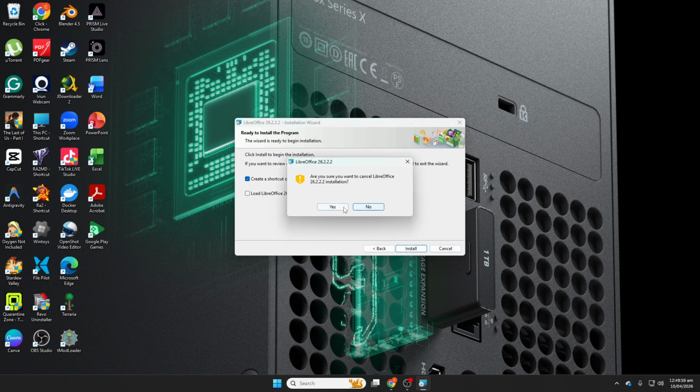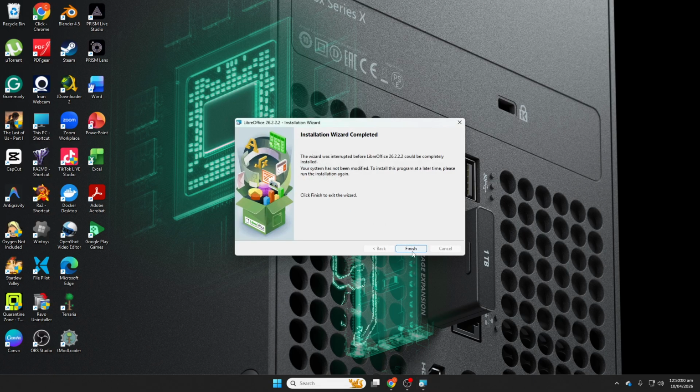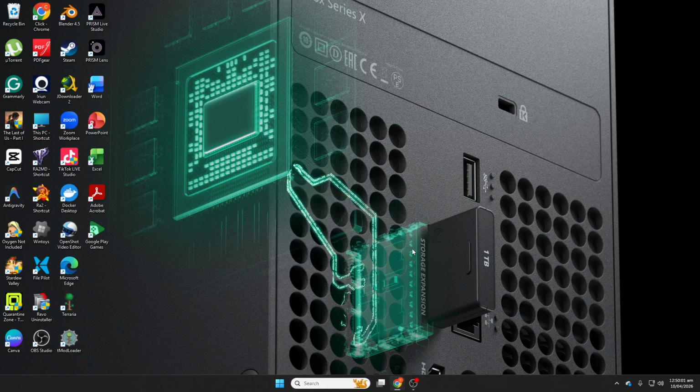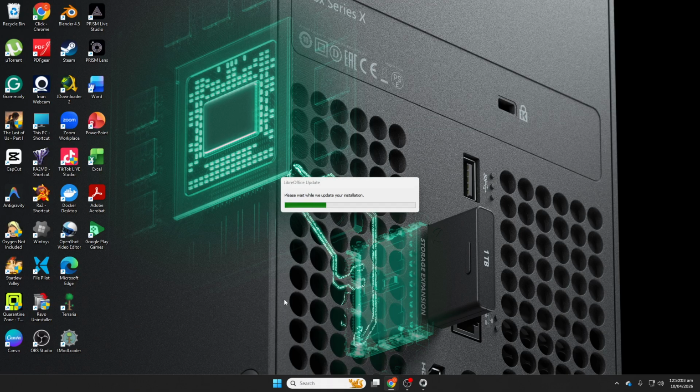Now, let's open LibreOffice. Click the Start menu, type LibreOffice into the search bar, and open the app from the results. You'll see the LibreOffice Start Center with shortcuts to the suite's apps: Writer for word processing, Calc for spreadsheets, and Impress for presentations. These tools are ready to use immediately and work